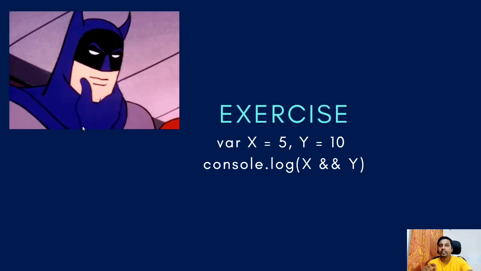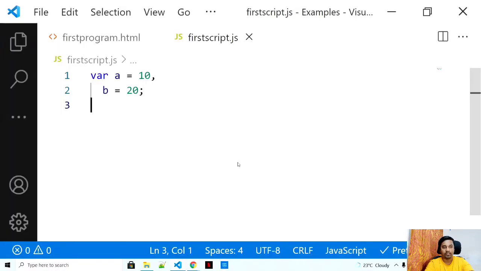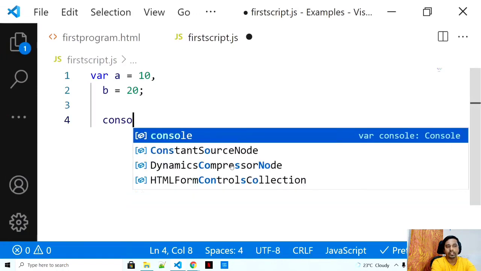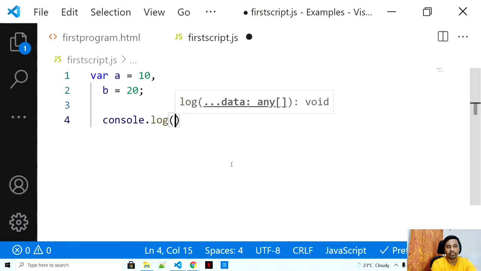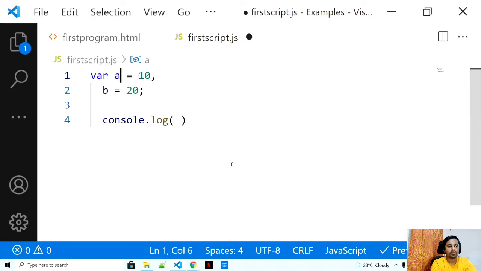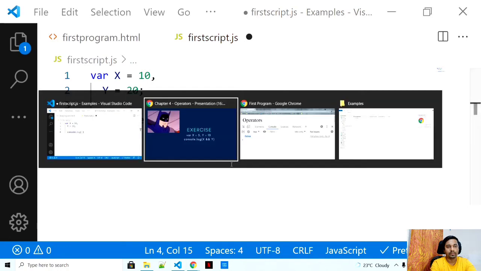It will return the last number that is given to it. Your answer would be, let's go and check it out. Console.log. Okay, let's change the name of a variable same.